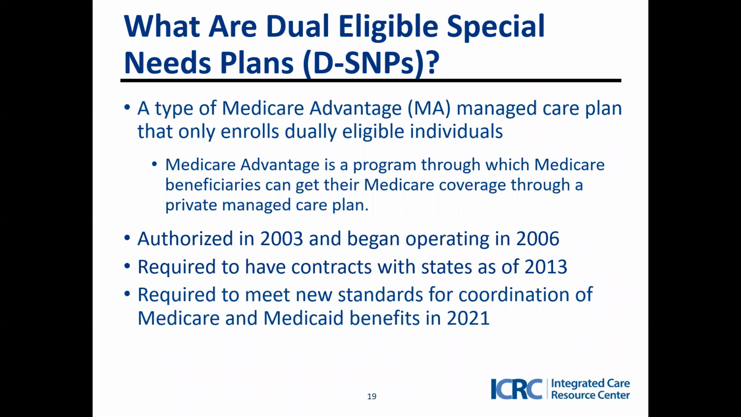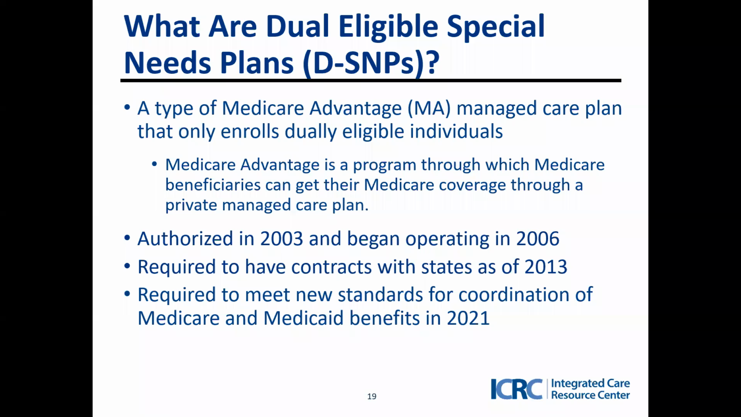To begin, let's review what D-SNPs are. So D-SNPs are a type of Medicare Advantage plan specifically designed for individuals who are dually eligible for Medicare and Medicaid. With that in mind, they only enroll dually eligible individuals, and there are several key differences between D-SNPs and other Medicare Advantage plans that support this population, which we'll discuss in just a moment. The D-SNP option was originally authorized in 2003, and D-SNPs began operating in 2006. Since 2013,